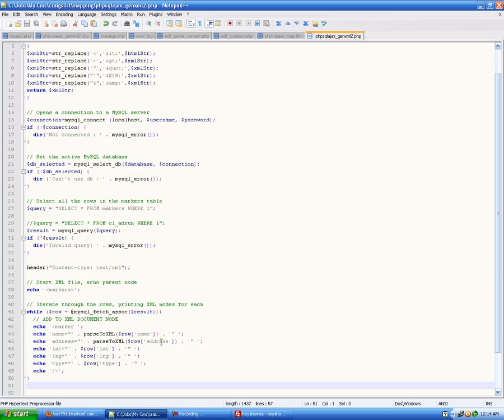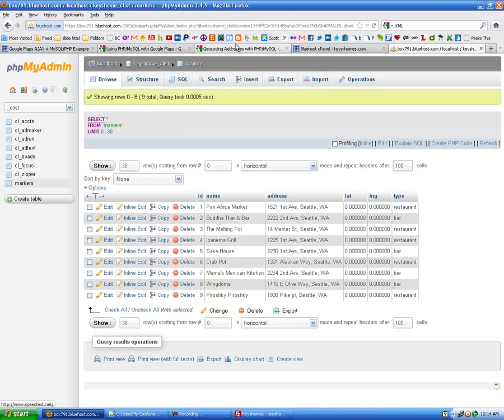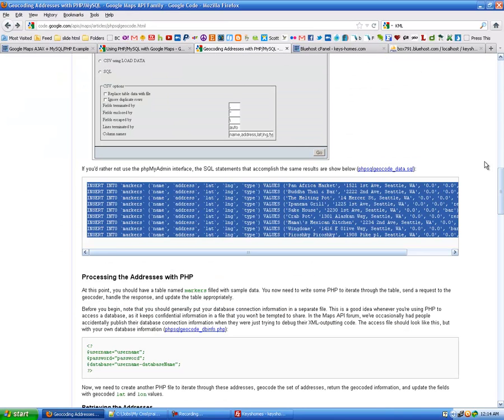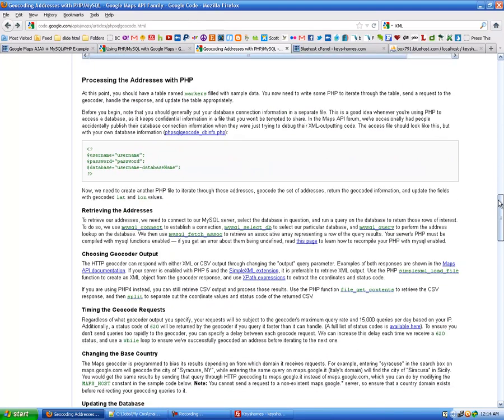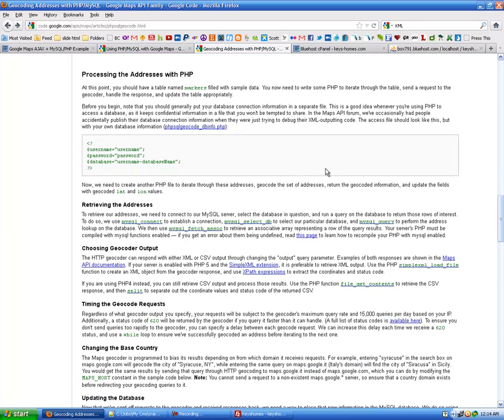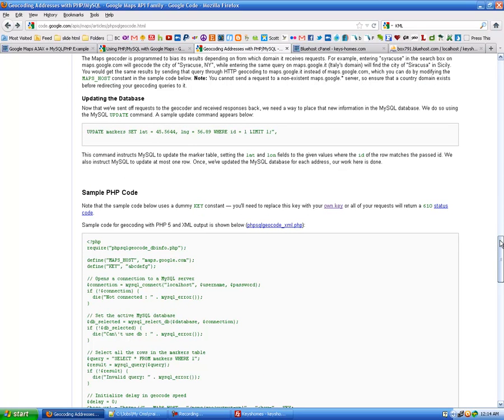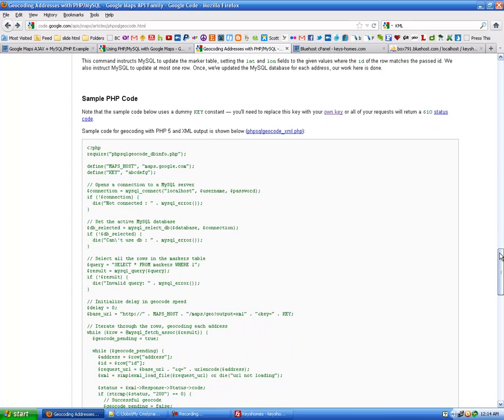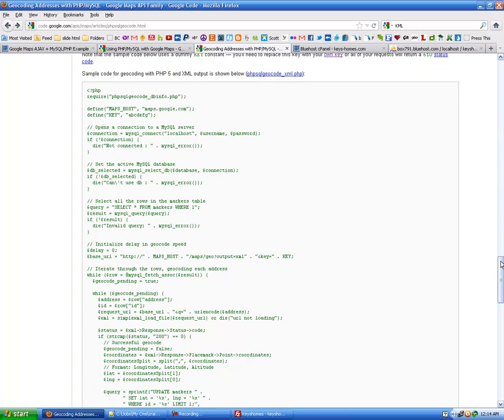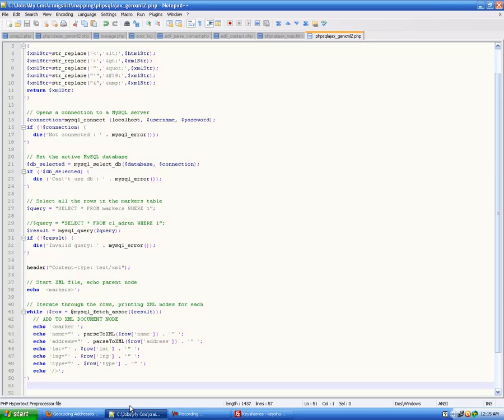So next we want to go back to the tutorial from Google. Now that we have our database with our empty fields, it's going to explain how you connect to a database. We don't really have time to get into that. I'm assuming you know how to connect to a database. If you do not, we'll have to address that somewhere else, because this particular tutorial is a little more involved than that. So anyway, this is PHP Google Code XML. I think I've already got that one made,